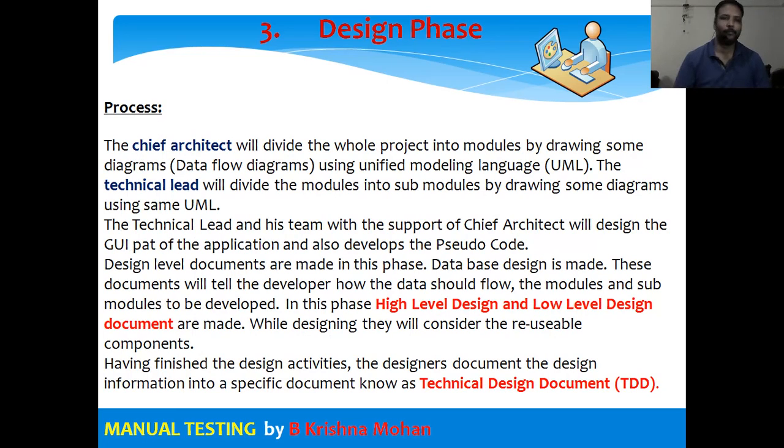Then who is the person? The chief architect. Here the chief architect will divide the whole project into modules by drawing some diagrams, data flow diagrams, using a unified modeling language, UML. The technical lead will divide the modules into submodules by drawing diagrams using the same language. So there will be two individuals. First, the chief architect will divide the entire project into modules, and the technical lead will be dividing those modules into